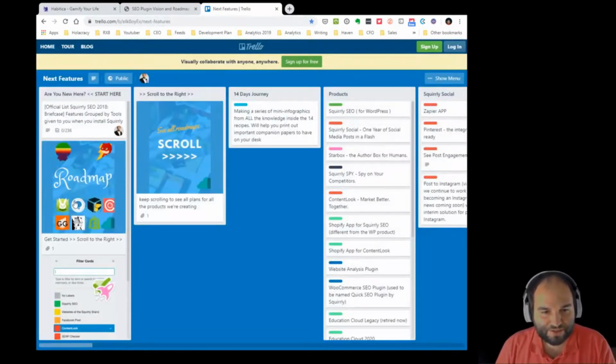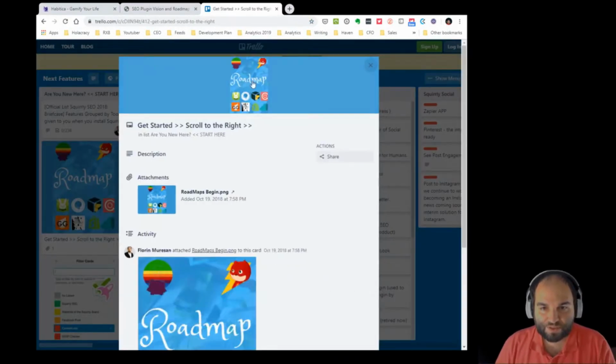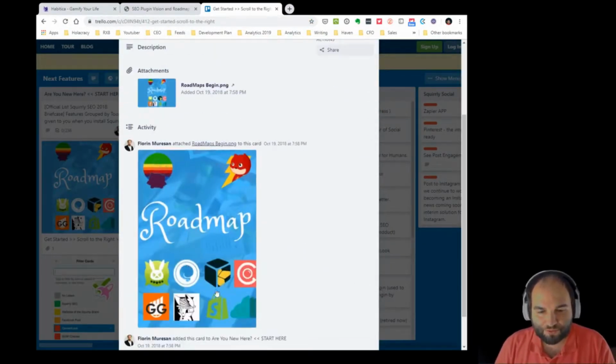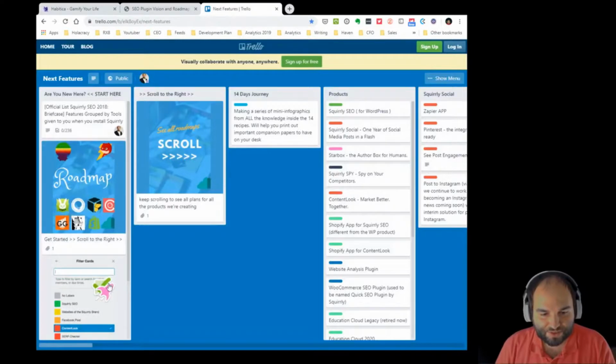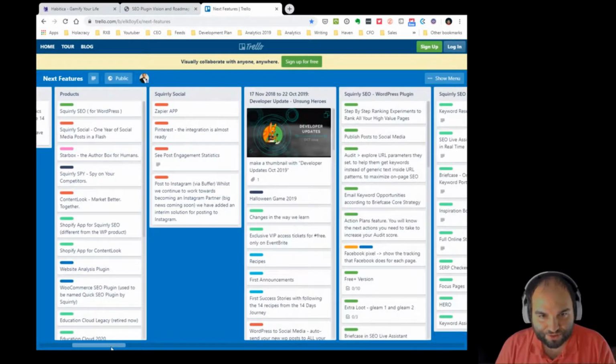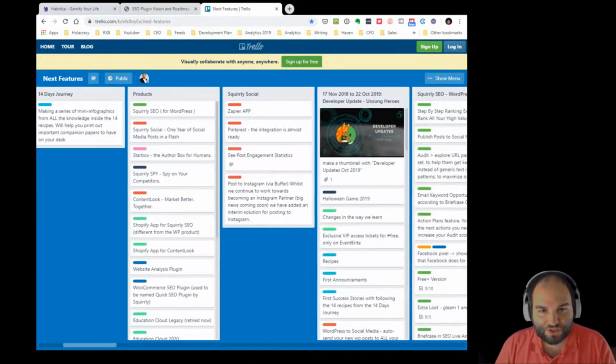Now here you see the roadmap. So this was the idea, to show you the roadmap for all of our products, and it says get started, scroll to the right, and you can start scrolling to the right to see each product or program that we have. So for example, you can see that here we have the 14 days journey. Here we have the products list with,